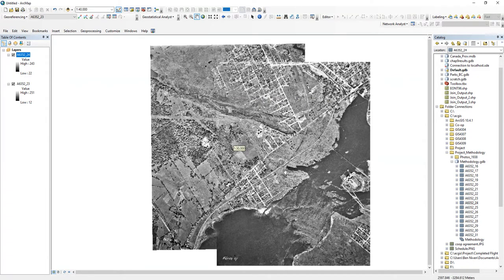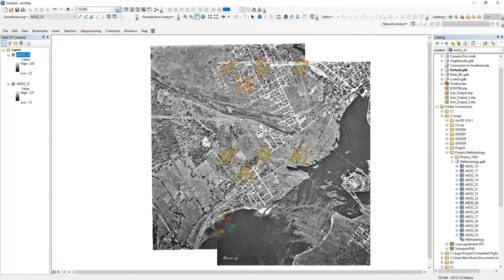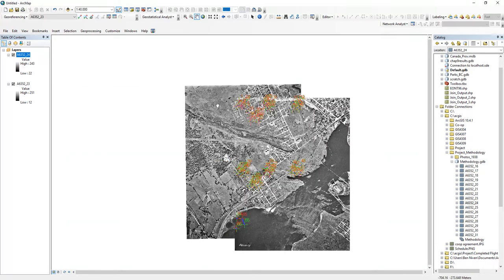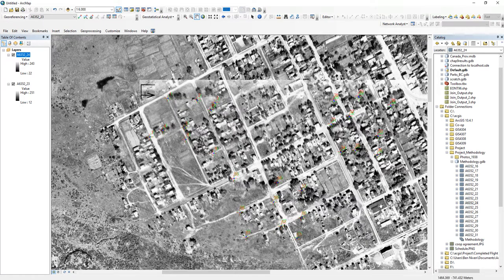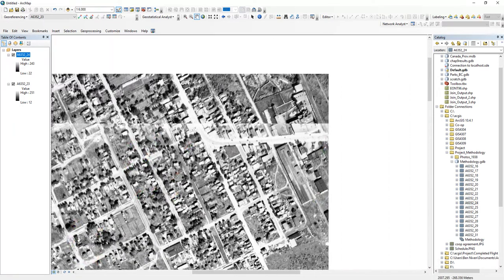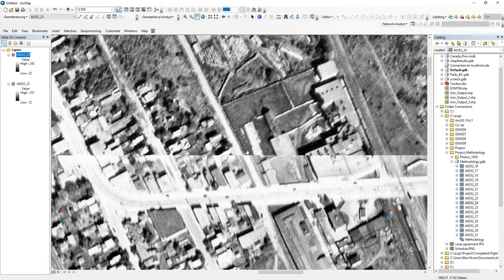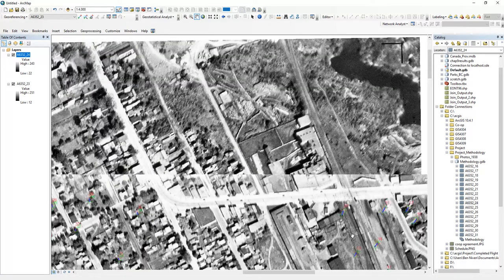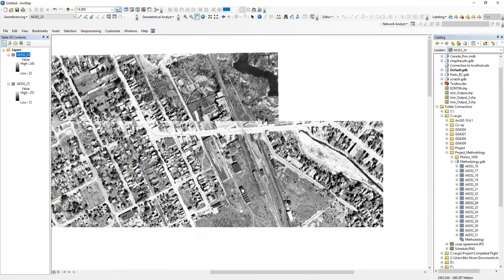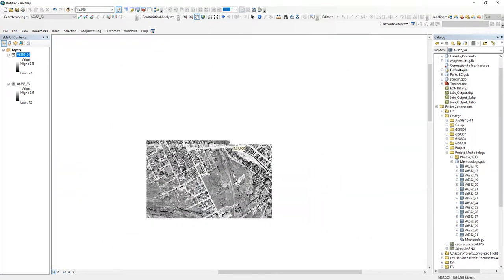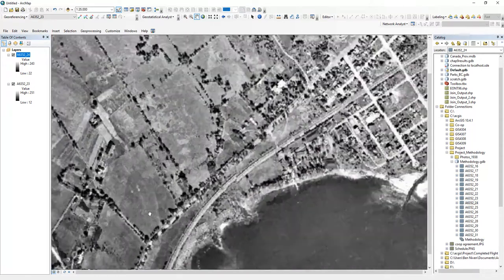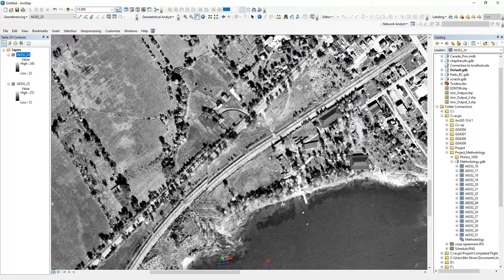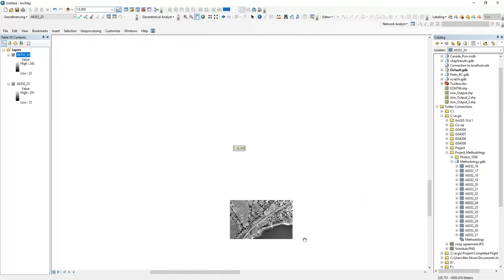So these are all ground control points that are automatically generated from the auto registration tool. You can see if you zoom in that it's pretty good. I've never had problems with things not lining up too well. You'll get one of these, but later on you'll notice that once you start generating seam lines, ArcGIS does a pretty good job of blending things together. This is another example of it appearing to not look good, but